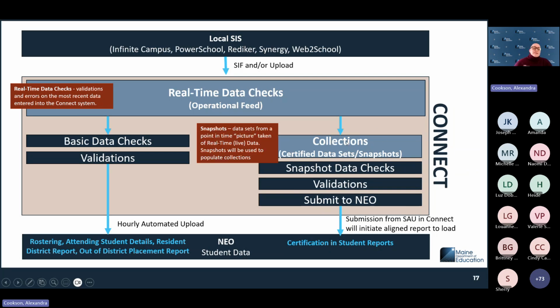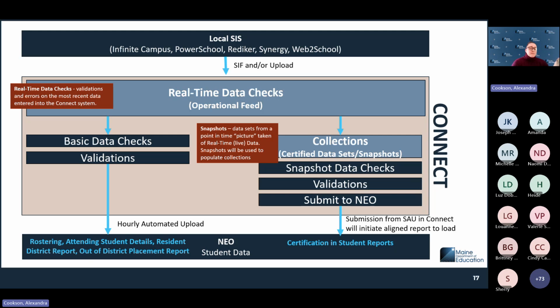The collections are where you're going to start to take a snapshot. It's that picture of that point in time when you take that picture of the real-time data check. That's going to be everything that's pulled in. So as a reminder, if you are making changes to real-time data, you're going back and making updates, you want to make sure that you're pulling that into the collection. So this is where you get a little bit more control over what's included in that collection when you're making an update